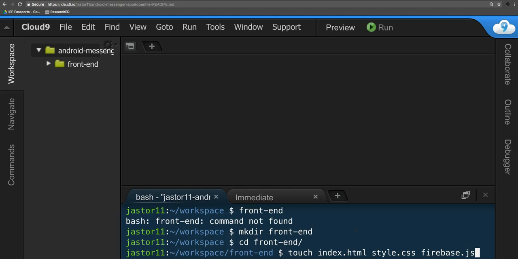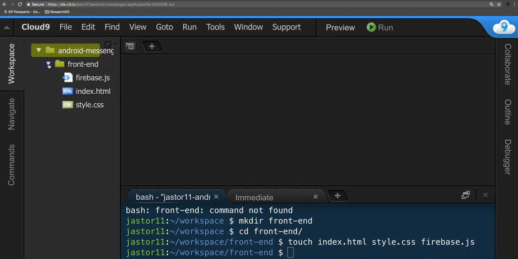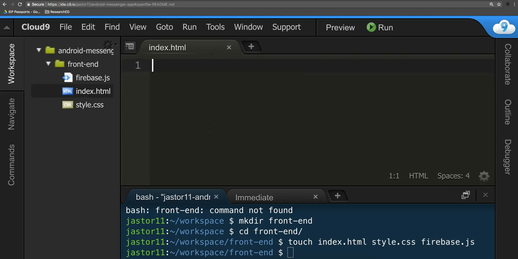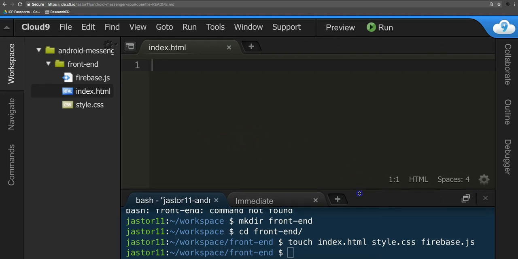Now, if you touch all three of those files, they should appear right here. And we're going to start writing some code right away in the index.html section. So if you pop open the index.html section like so, it should look like this. And we're going to get some generic boilerplate out of the way as quickly as possible,